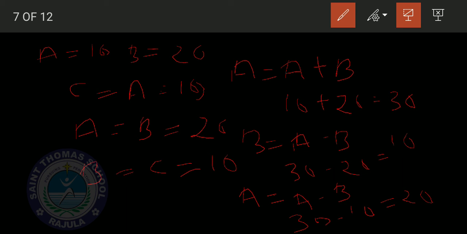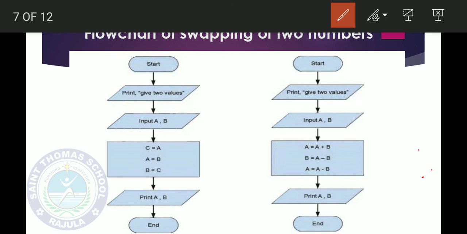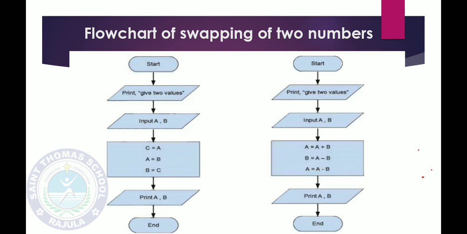On this side we did it with the extra variable C, and here we did it with the plus and minus operations. So like this you can swap the values of the variables by doing some operations, and the flowchart works like this.